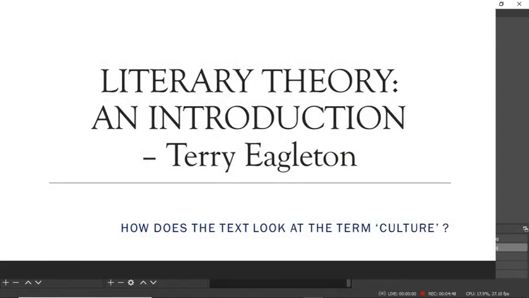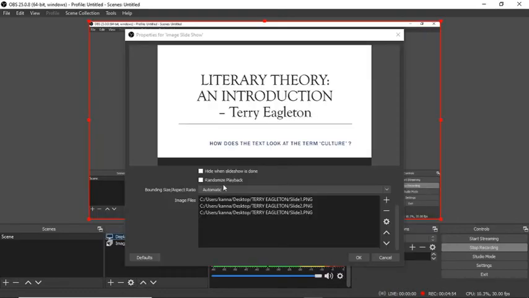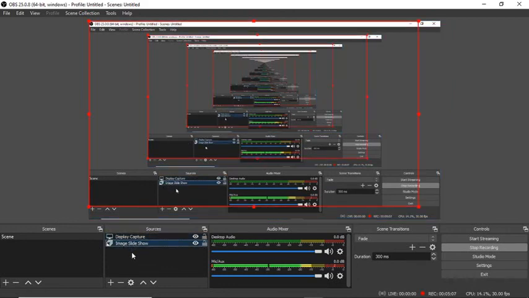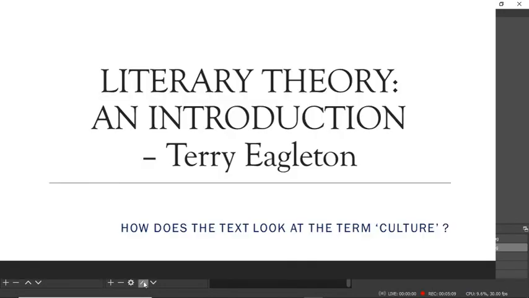Those 3 files will be listed here. Now you could see it. So these 3 files are listed here, and then I click on OK, right? We come back here. I have pushed the image slideshow into the second layer, so that is why it's not visible. I'm pushing it back into the first layer. Now it is back.